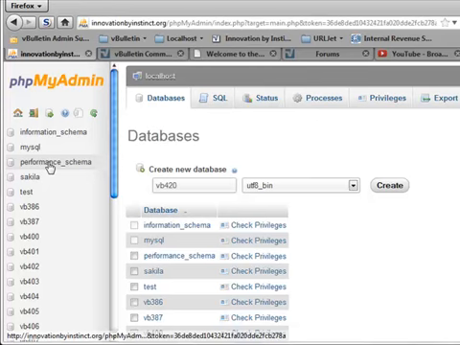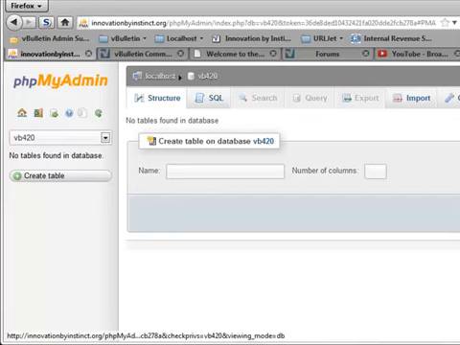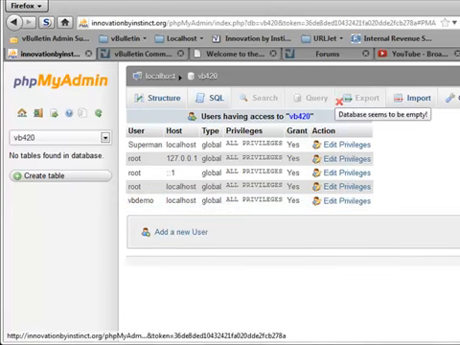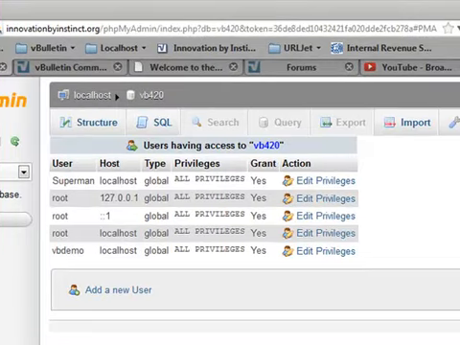However, please be sure to use a stronger and more secure password whenever you create your user and assign it to the database. You can click on the database, then you can click on privileges, and as you can see I have vbdemo and then the password vbdemo and all privileges assigned to this database. Now what we're going to do is switch back over to our files,